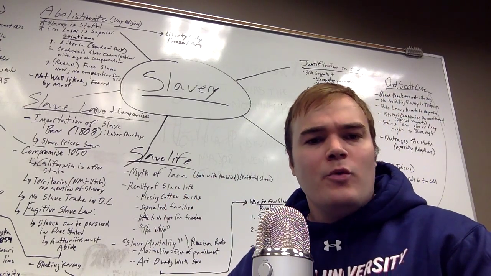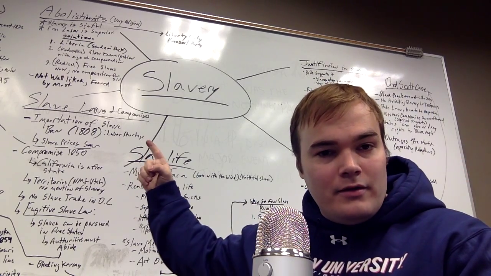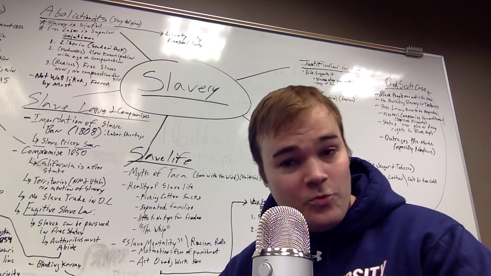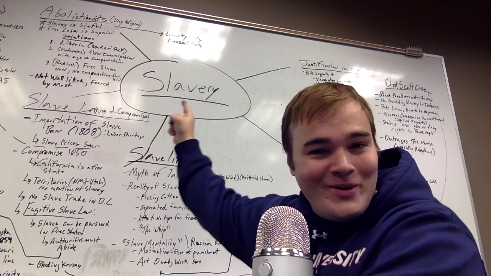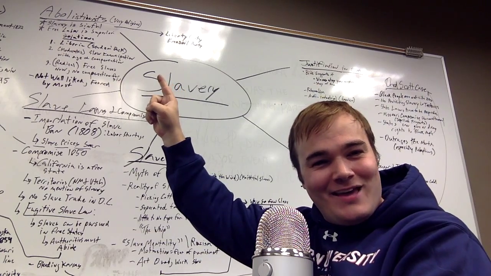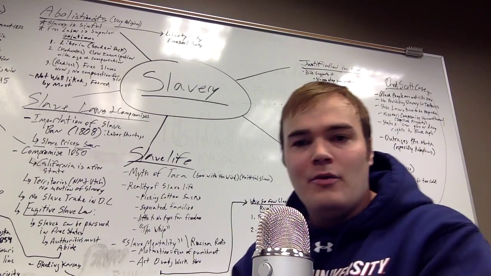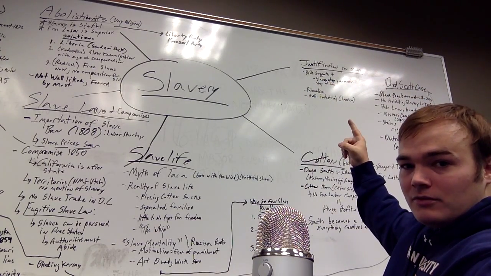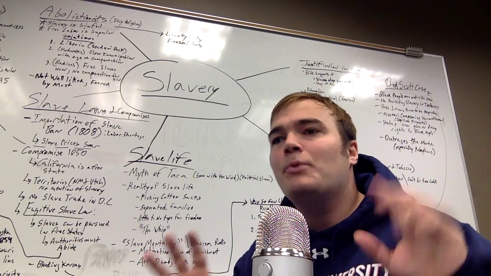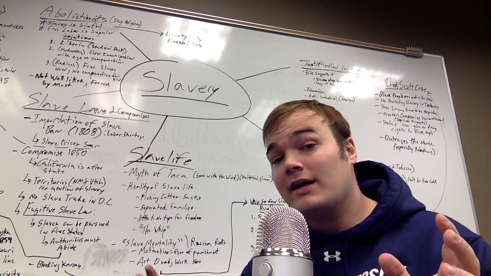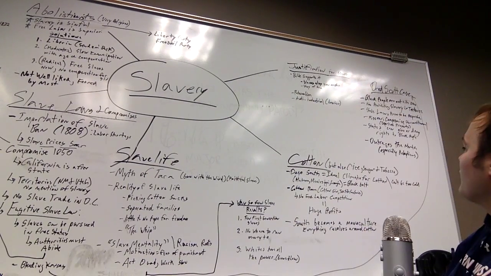That's really important. We have all the laws and compromises right up there that are going to affect the issue of slavery. We have the abolitionists up there, and those are the people who are going to fight to free slaves. We also have the justification for slavery right over there. All important stuff. We're going to go over it all and kind of put together a picture of what slavery was like at the time and all the implications behind it. So let's get started with cotton.